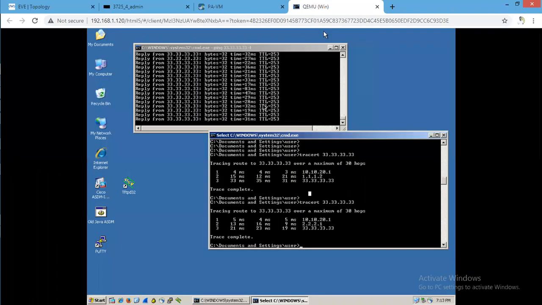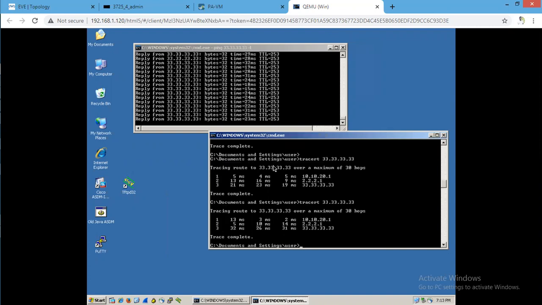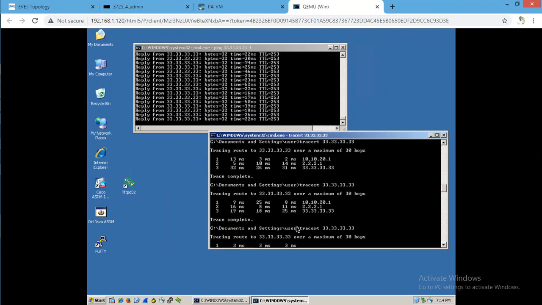And we will not see the traffic falling back over to ISP1 until 1 minute because the preemption time is 1 minute. So after 1 minute, we should see the next hop as 1.1.1.2, which is ISP1's IP address, because the preemption time is 1 minute. So we'll have to wait until 1 minute.